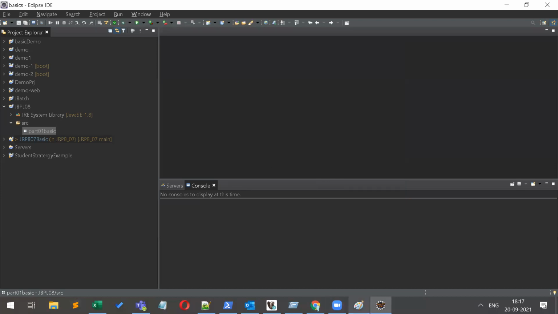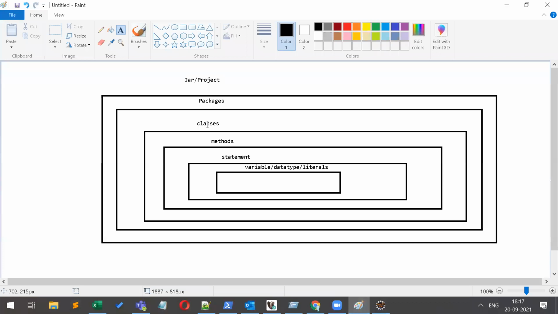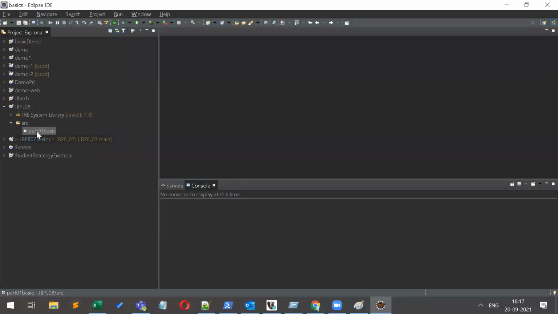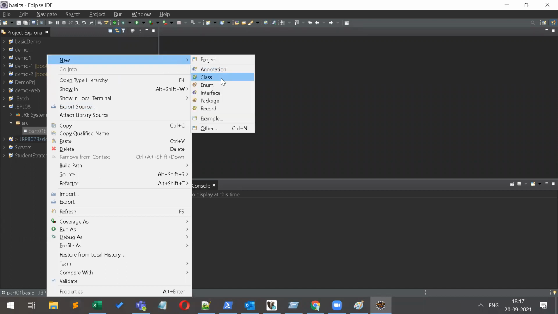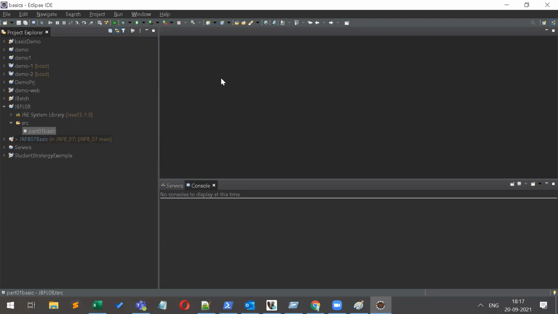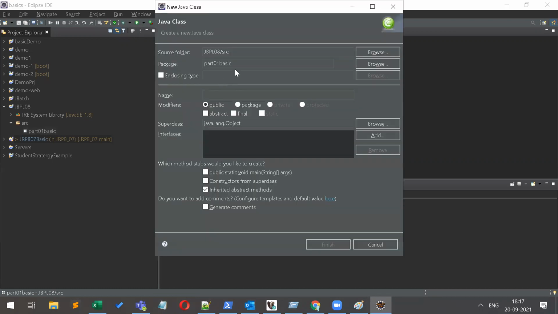Now another layer is classes, so I need to create a class. Just right click on that particular package, then New, and click on Class.